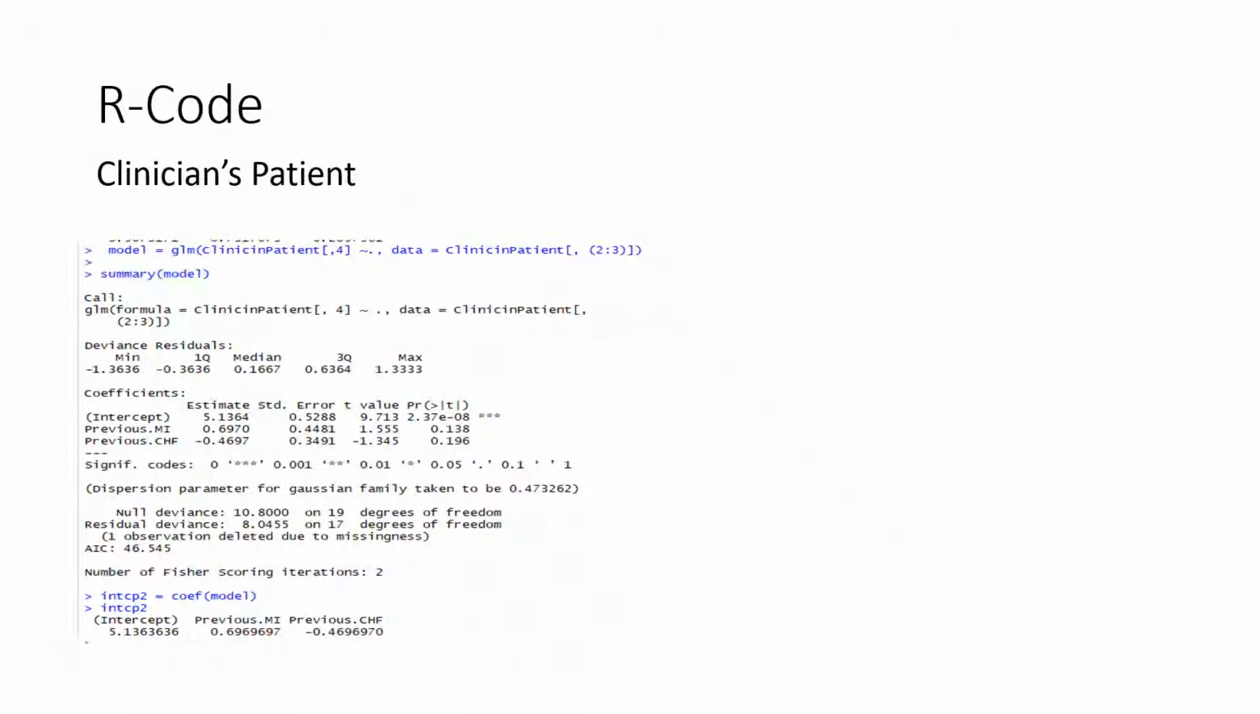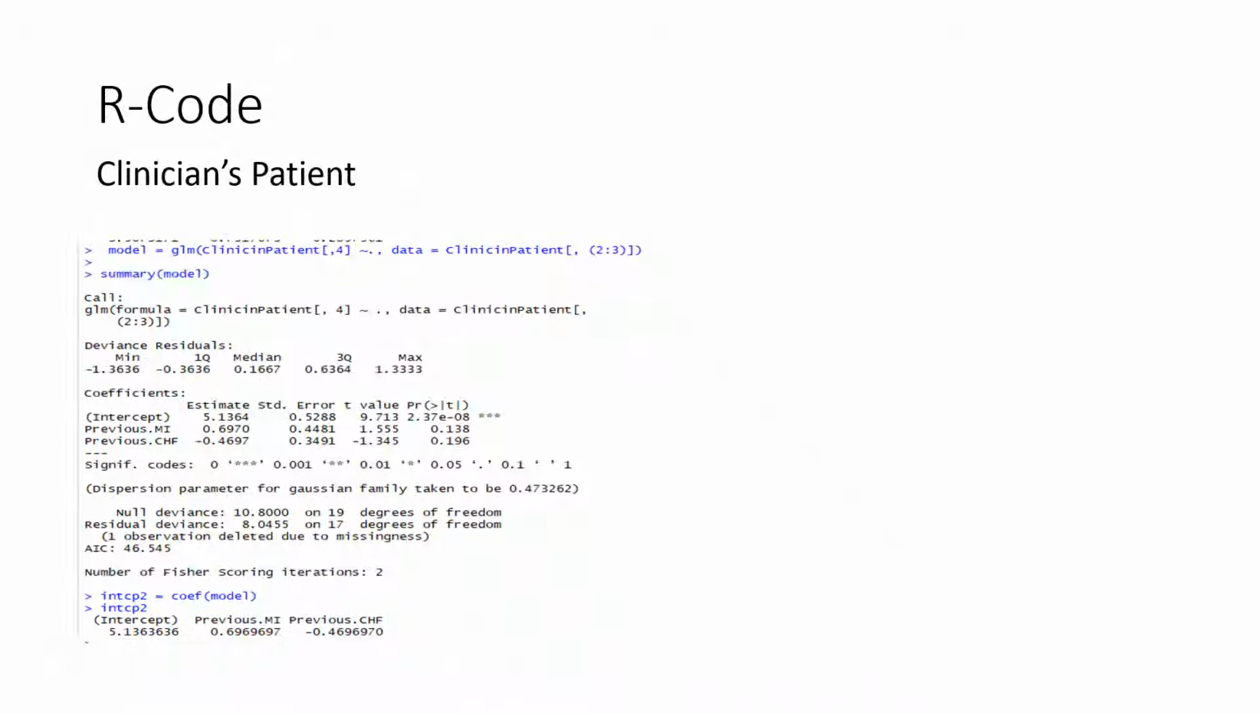I used the code model equals GLM, clinician patient, and I chose length of stay as my dependent variable, and then data equals clinician patient, and I chose previous MI and congestive heart failure. So I did the summary of the model, and here you can see the intercept. So I wrote this code intercept